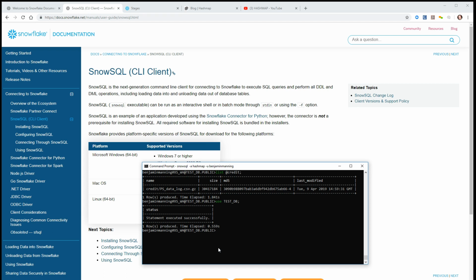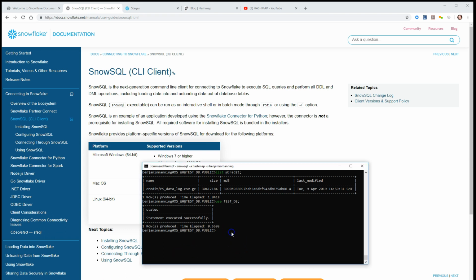I've just got one big CSV file, about a 50 megabyte CSV file that I want to put in. You need to know where that's located, or you need to start the CLI from that location. So that's what I've done. The CLI has been started from that root folder, so my CSV file is just sitting in the background, waiting to be